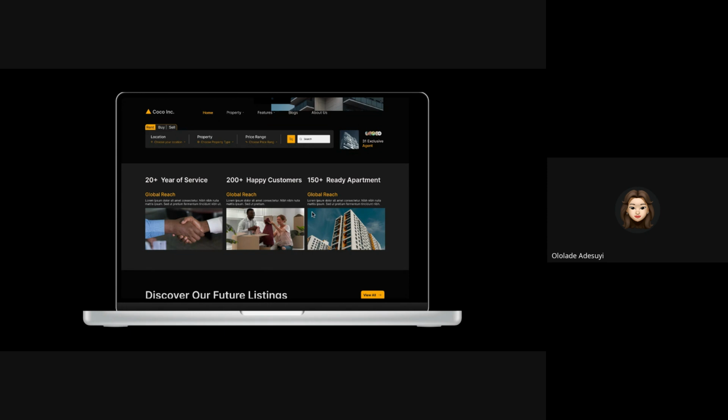Also, spacing issues. Remember, you can either drop ready apartments to the next line, so it's 20 plus, then next line, years of service, 200 plus, then next line, happy customers, 150 plus, next line, ready apartments, right? And you can do it in such a way that if this is going to be clickable,